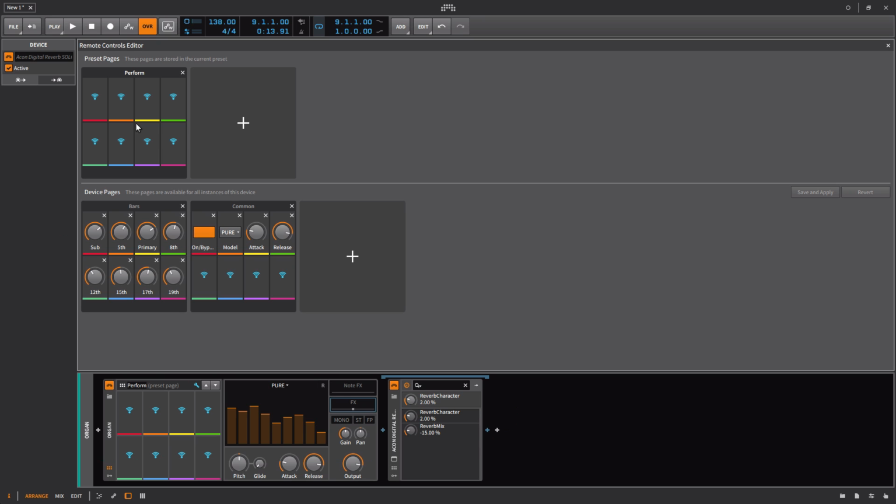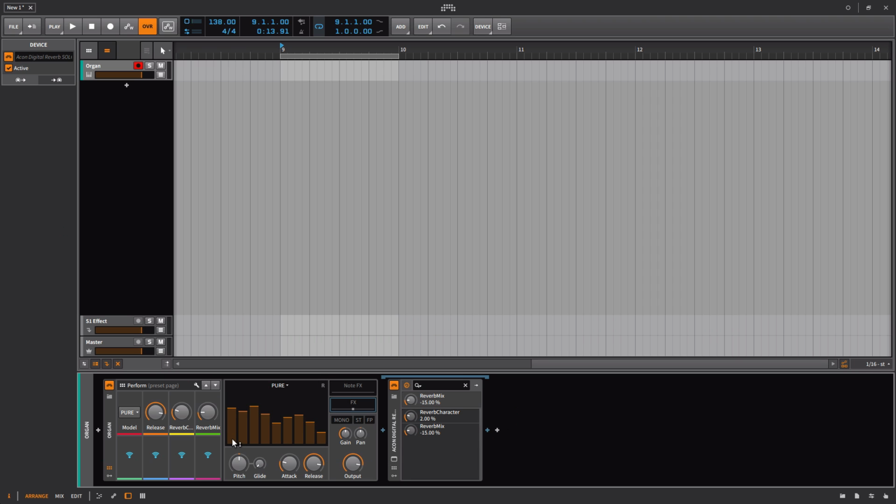So I want it to have control over, again, the algorithm that's used, the release time I definitely want, and then I want my 2 reverb controls. So the reverb character and then the reverb mix. All right, so we have that set up. So when I close this out, you can see that here in the perform page,